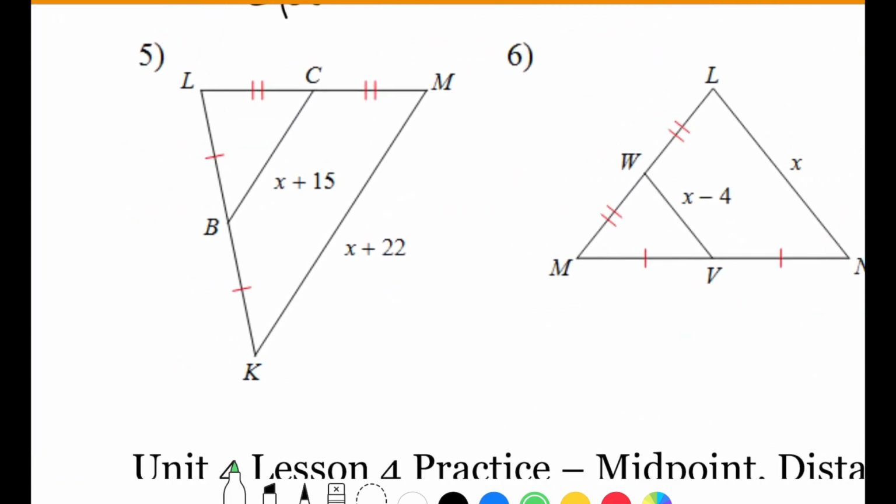So if I'm given a figure like number 5, the small line inside of a triangle where one point of the small segment is a midpoint of a side of a triangle, and the other endpoint of the segment is also a midpoint,